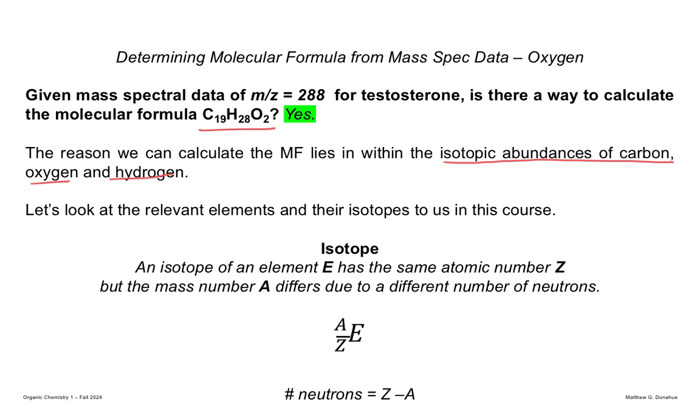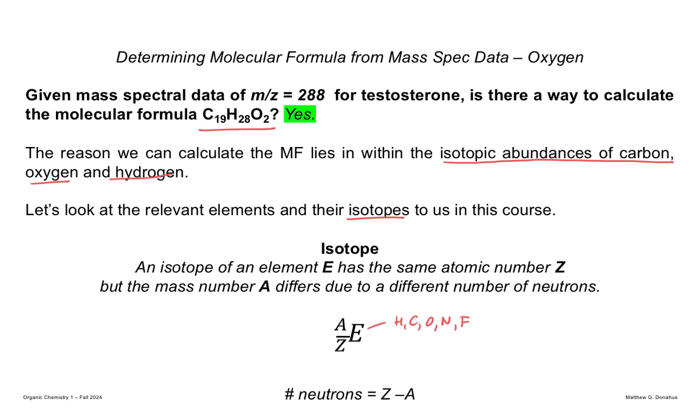So if we circle back to general chemistry and just briefly review, what does the term isotope mean? An isotope of an element E, so this is your normal H, C, O, N, F, whatever element,